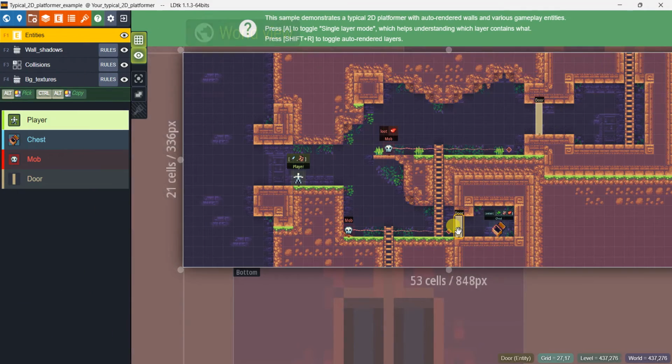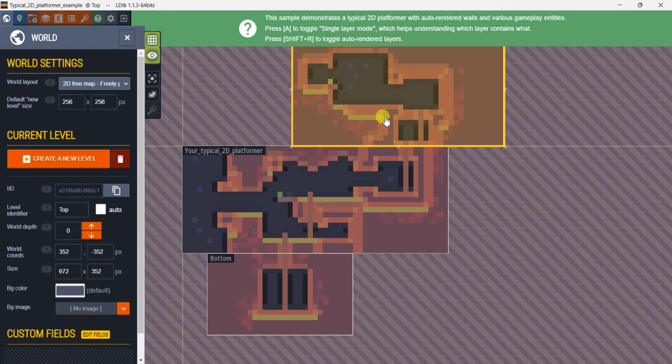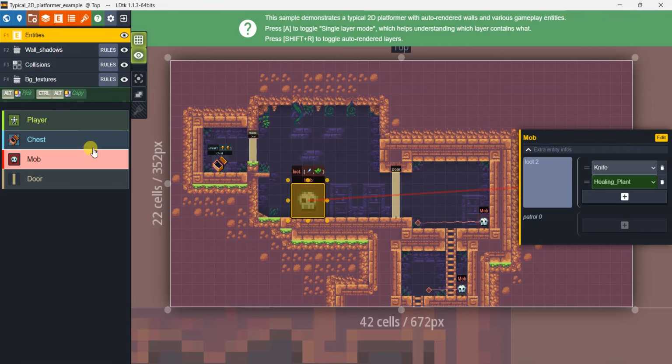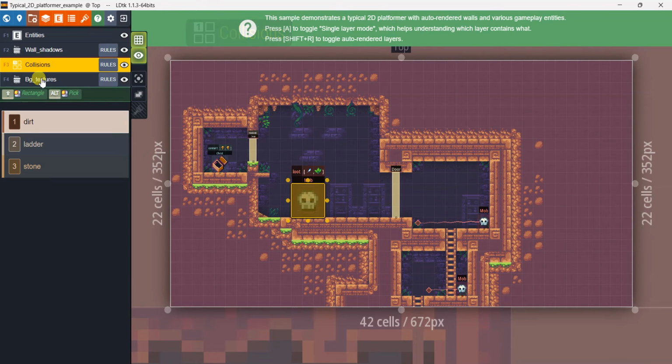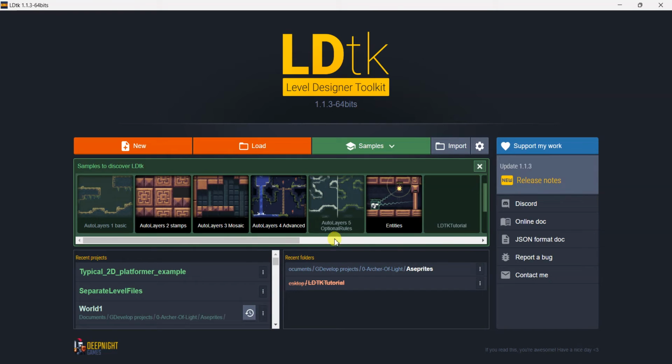And these are some of the examples included. But this has a lot of things: entities, wall shadows, collisions, background textures. We are not going to do such a map,